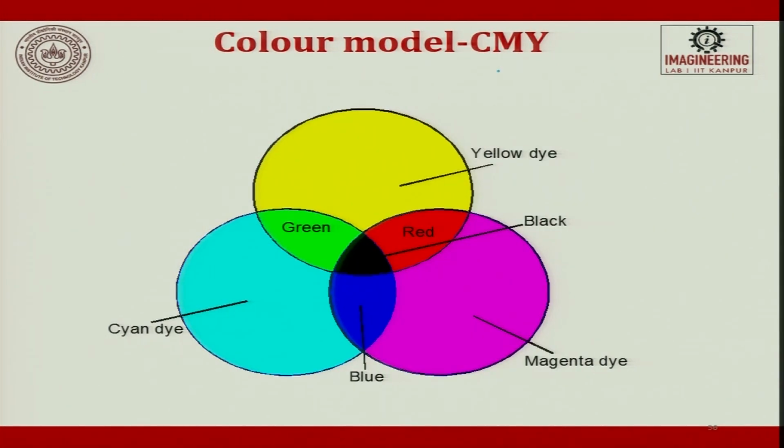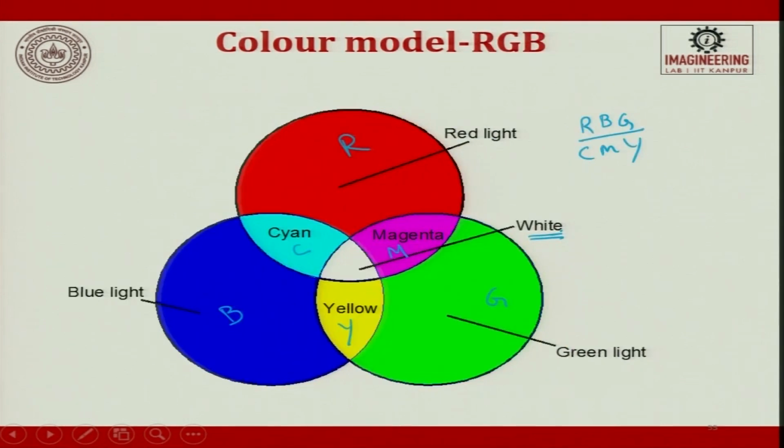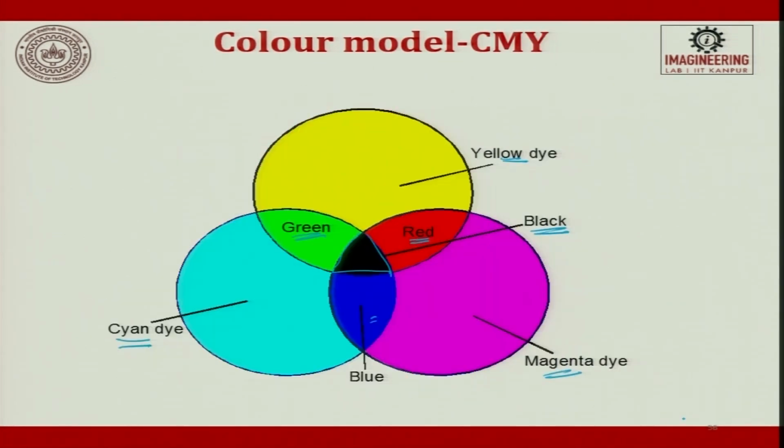So, this is CMY. When we do CMY, C becomes cyan, then yellow, then magenta. So, whatever we had, green, red, blue, when we merge these two, you get this green, red and blue. Now what you get in the center portion is black. When you look at the previous one, the center portion was white, and now with this C M Y dye you apply, the center portion is black. So, this is the second coloring model, the CMY model.